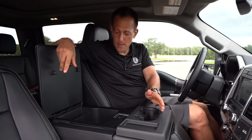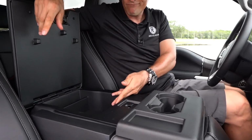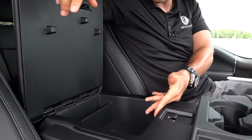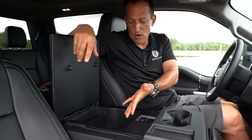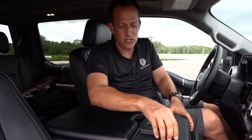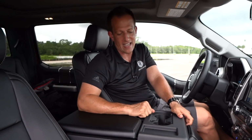But this opens up. You could easily put, I'd say 12 golf balls. So if you like playing with your balls and you need somewhere to put your golf balls, you can put them in here. You got a Slim Jim holder, 2 cup holders, and a nice little place to put your phone, I guess,